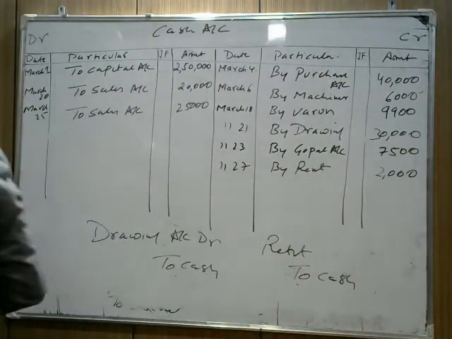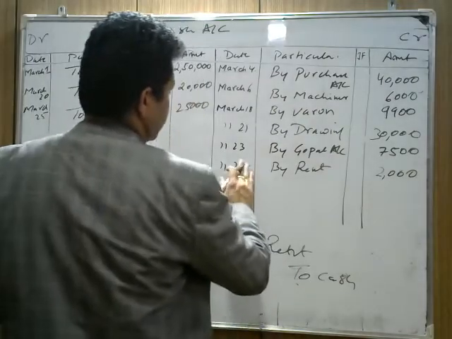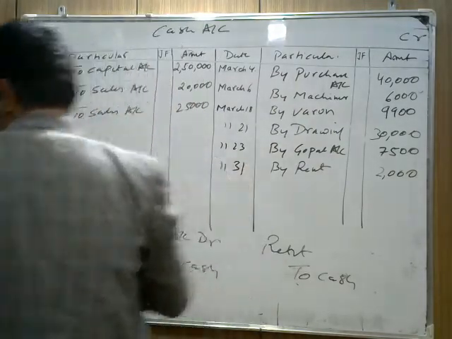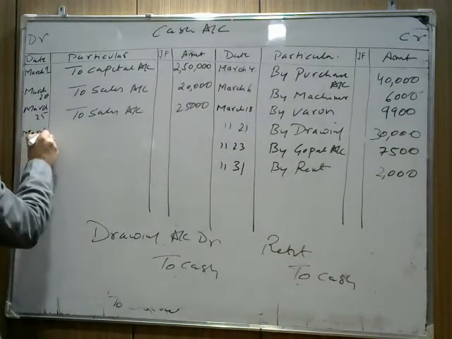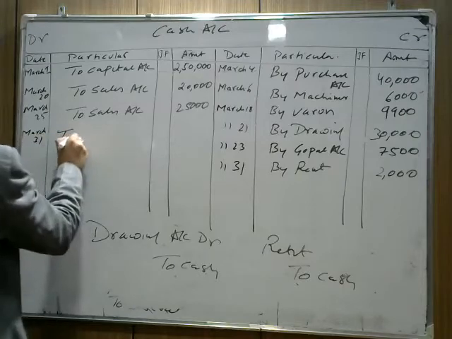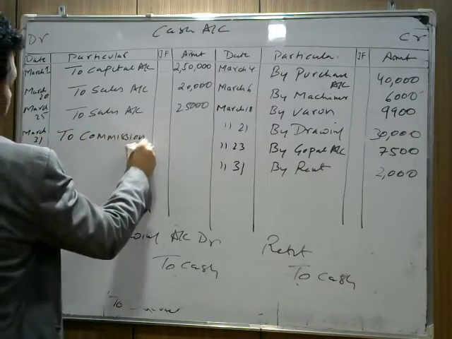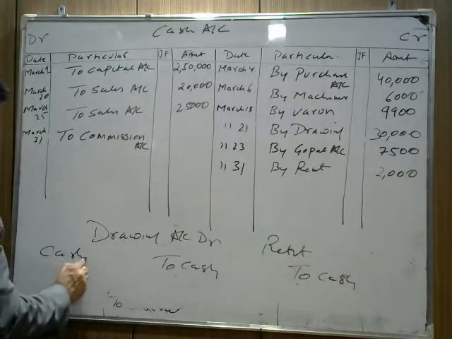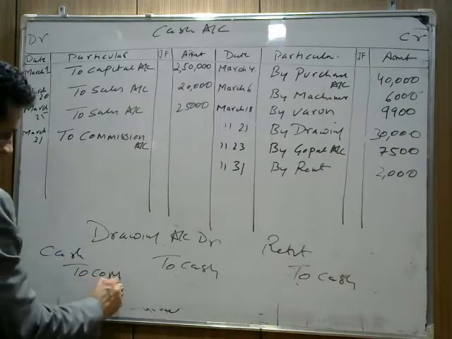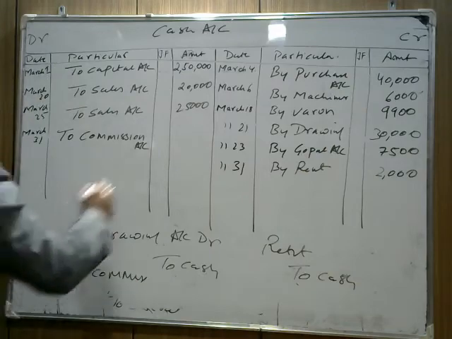And on March 31st, sorry, you're paying rent on March 31st. It's on 31st, not 27. And on March 31st again, you receive commission, so you write to commission account. हमने commission receive किया, and we pass the entry when we receive commission. So we write cash account debit to commission received account because cash will be debited. Now why is cash debited? Because you received commission of rupees 600.